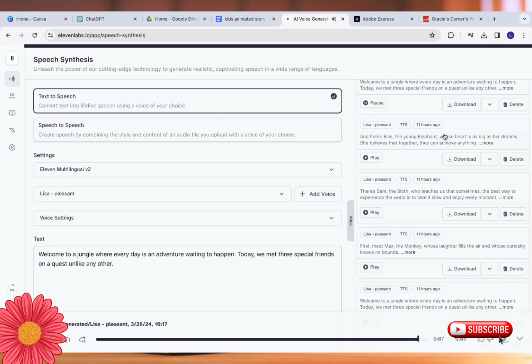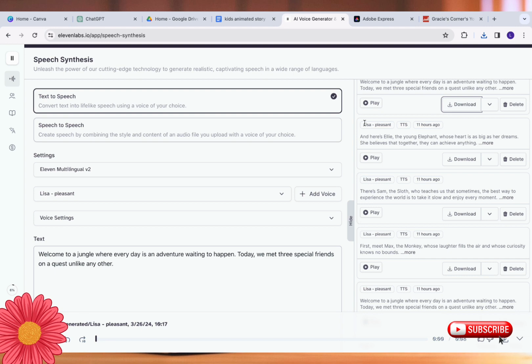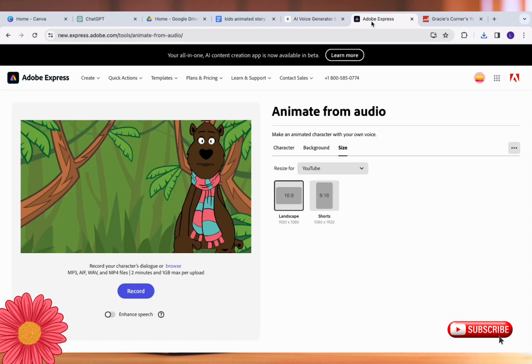So you have to do so for all the blocks of scripts in your full script. Now that we are done with that, all we have to do is download all these scripts and put them on a folder on our laptop. Now, once the script has been downloaded, the next step for us is to go into Adobe Express and basically